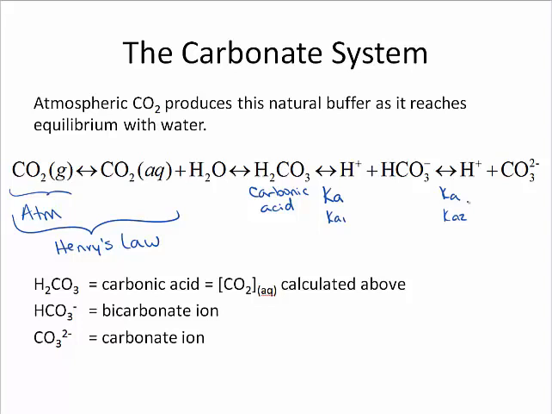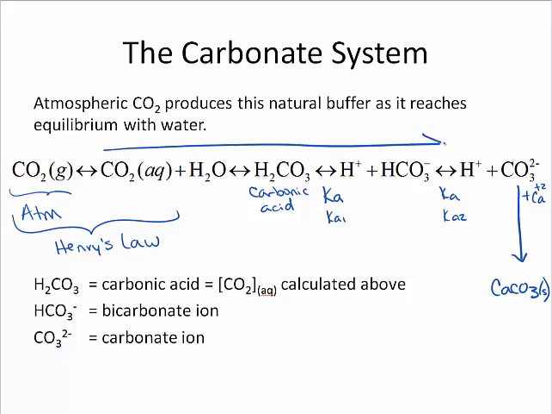Now you'll notice that I've written all of these reactions in one line because at any given time in water they are all occurring. And if we manipulate one of these substances, say we precipitate out calcium carbonate as a solid by adding calcium to the system, if we precipitate this out, the entire reaction is shifted to the right